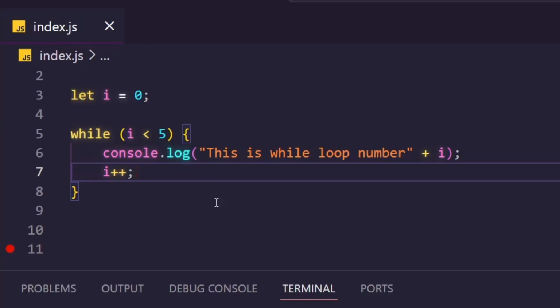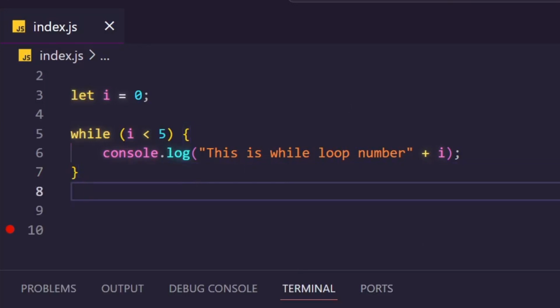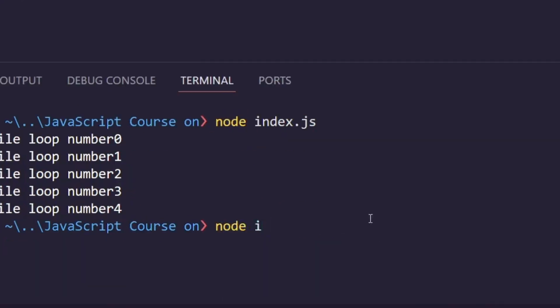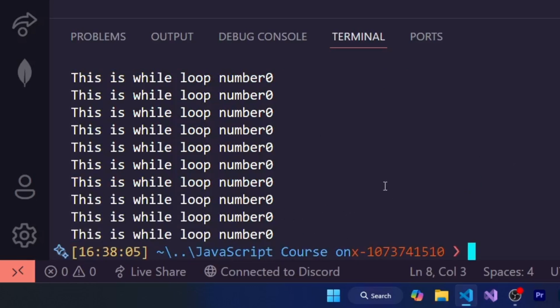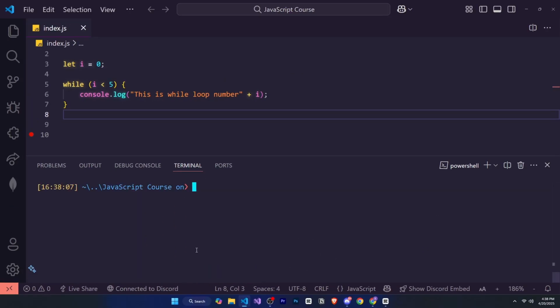Now remember one important thing. If you forget to increase the value of i or forget to change the condition, then your loop can run forever, and your browser or system may freeze. So always make sure your while loop has a way to stop. That is how a while loop works